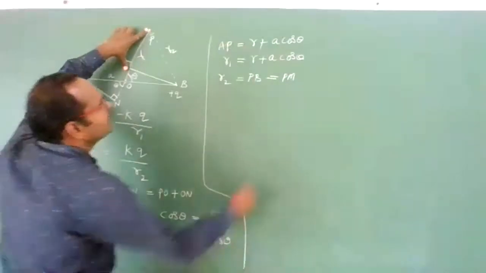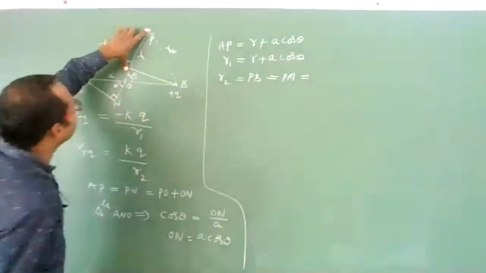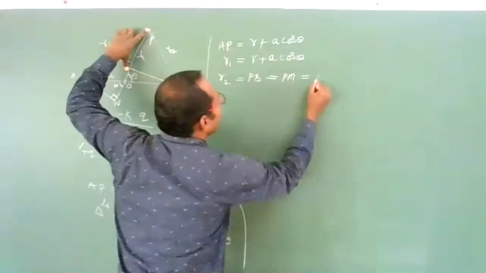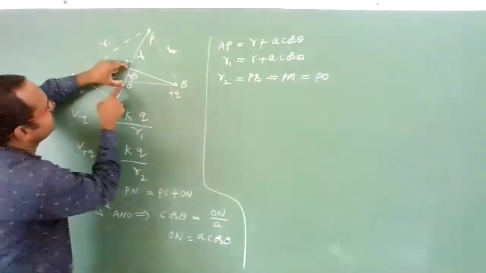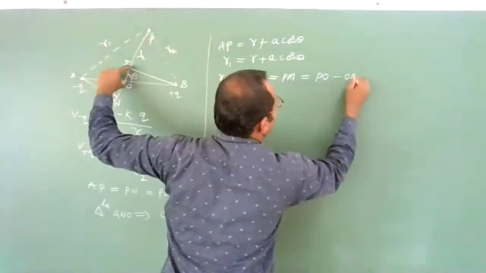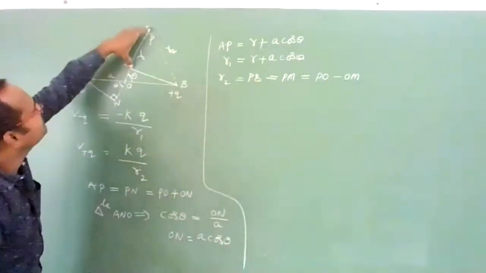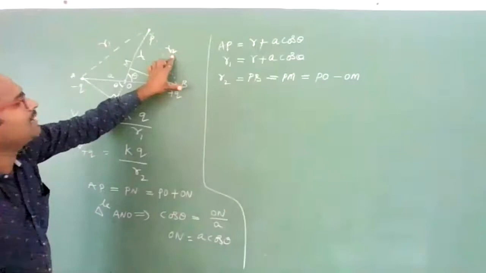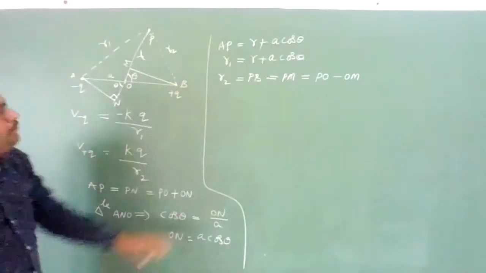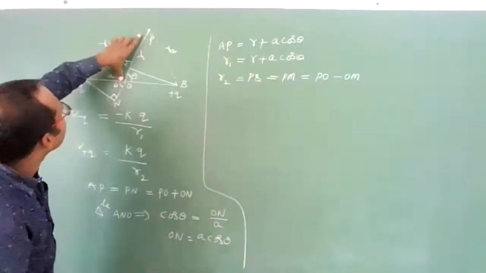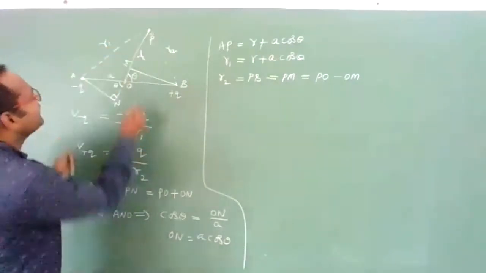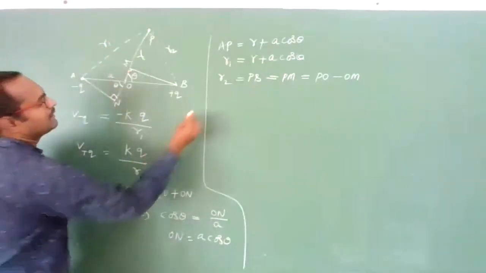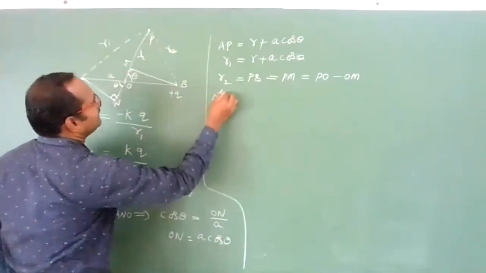Now this PM can be written as PO, P2O. From this, if you subtract OM, you will get PM. This PM is nothing but PB, that is nothing but R2. PO value you know, P2O value you know, it is R. OM value you want. Again, it is a right angle triangle. From right angle triangle,